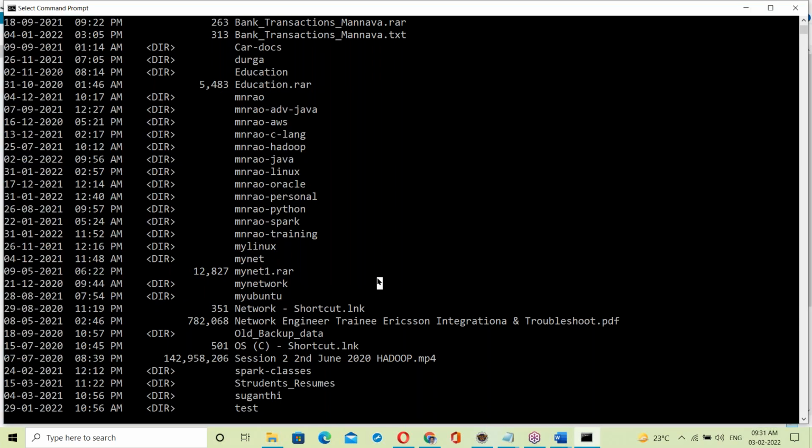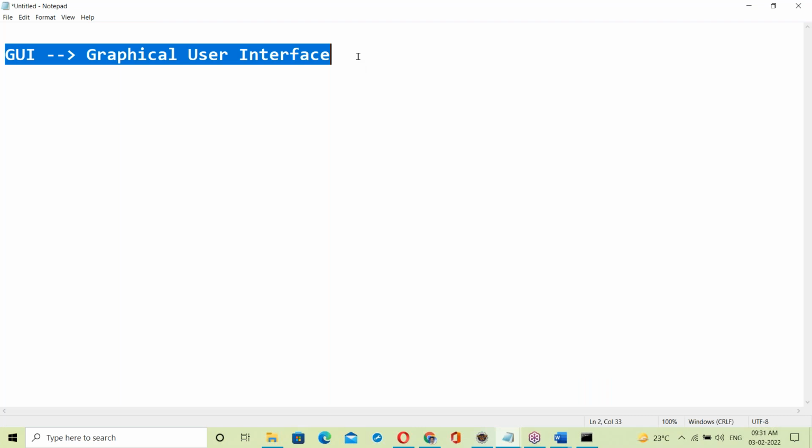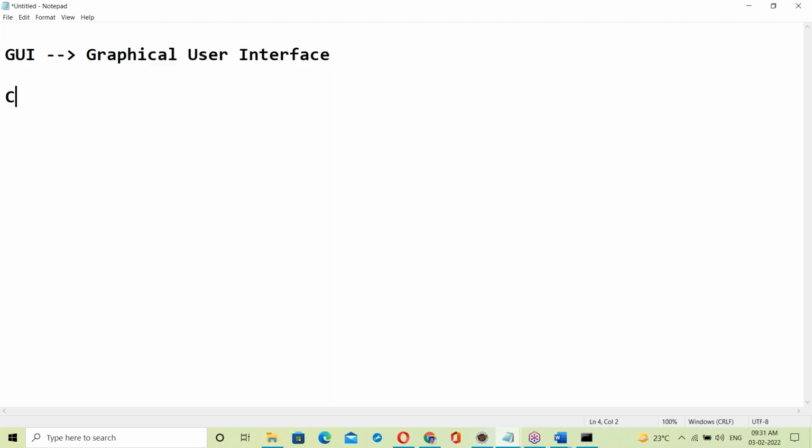Next, this is the character user interface, CUI. CUI or CLI you can also say here.